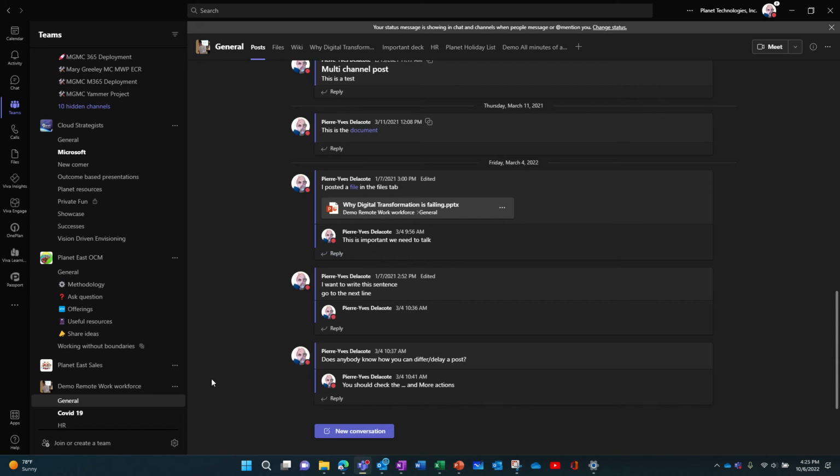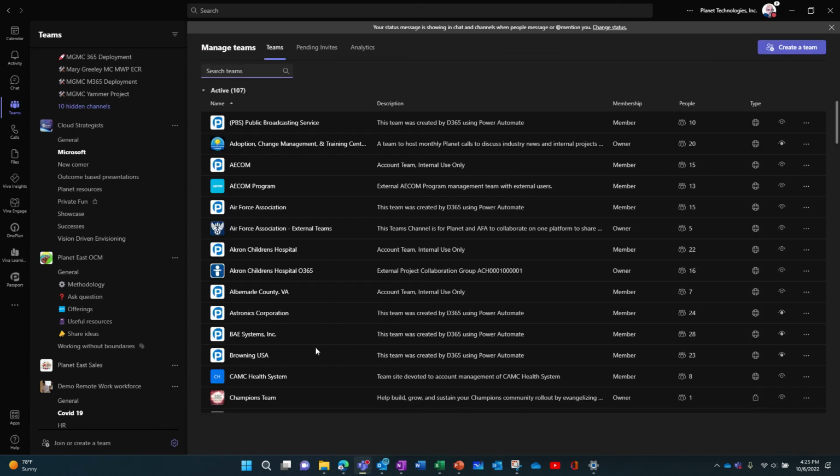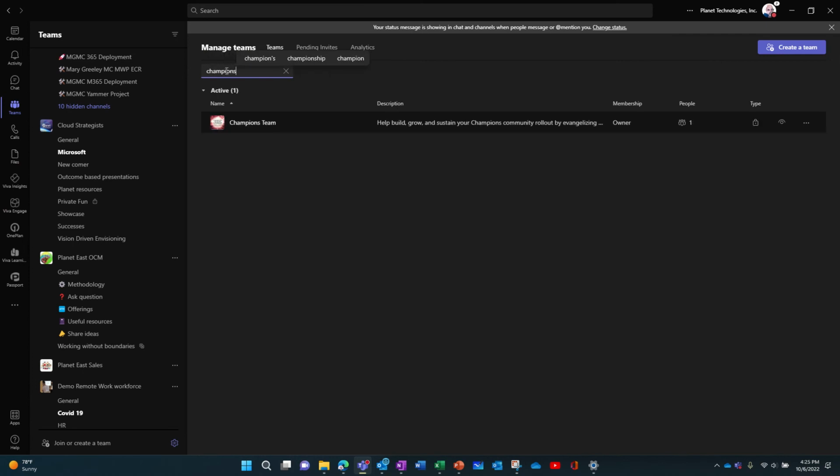So now the next question is how you archive a team if you're a team owner. You select the team icon here, and you go to the three little dots, the wheel here, and you click on it. It will show all your teams and you can search your team. For example, I have a team where there's nobody, so I can test it. But first, I want to show you that when